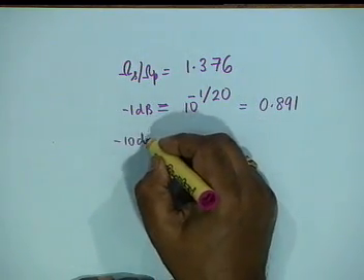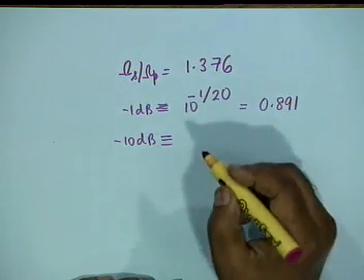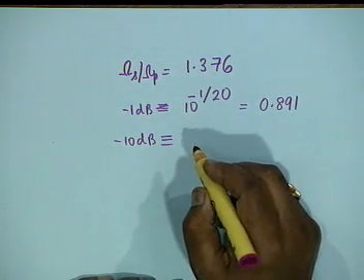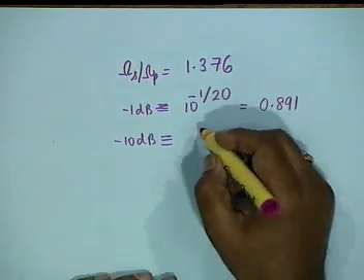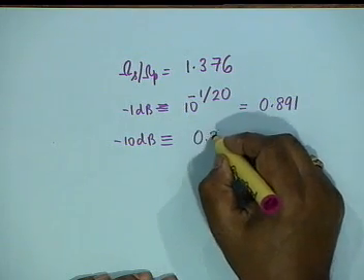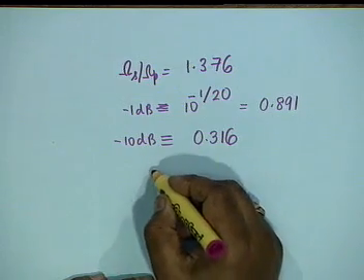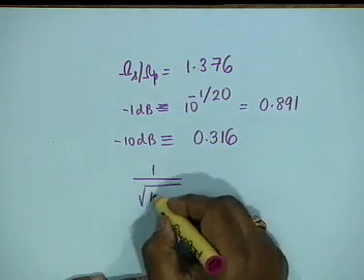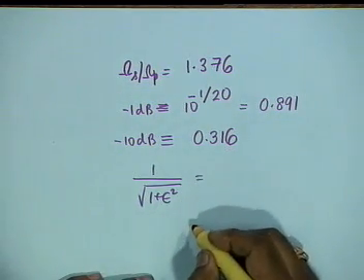Minus 10 dB will correspond to 10 to the minus half, 1 by square root of 10, and this comes as 0.316. That's my calculation. And obviously 1 by square root of, if I am asking for a Chebyshev design, I didn't take a shortcut to Butterworth. If I want this, then I know this. How much is this?